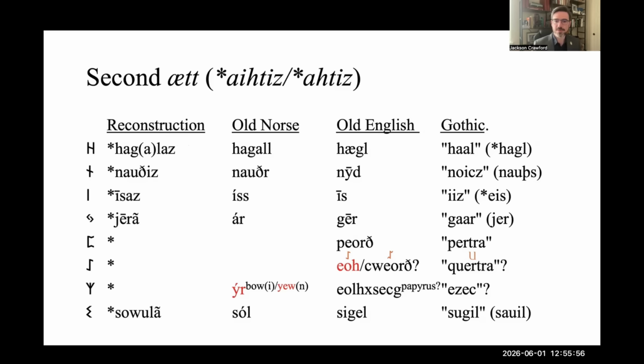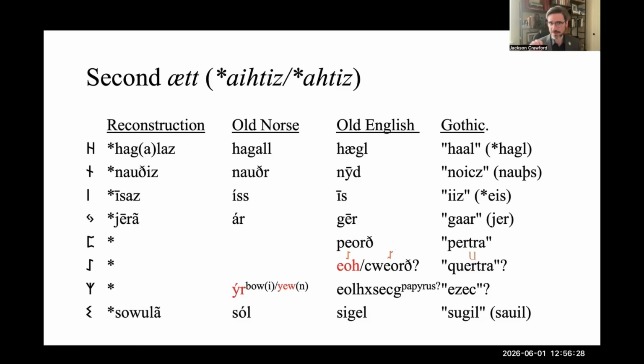According to the Old English rune poem, the letter that looks like this is called Eo. That means yew, as in yew tree. That's why it's often reconstructed as having a name like Ahaz. But in Old English, we also see in some of our sources for the Old English runes a rune that has the branches just a little bit bent, and it's called Quaorth and stands for the qua sound, like in quoth or question. And in Gothic, the letter that doesn't look like this,